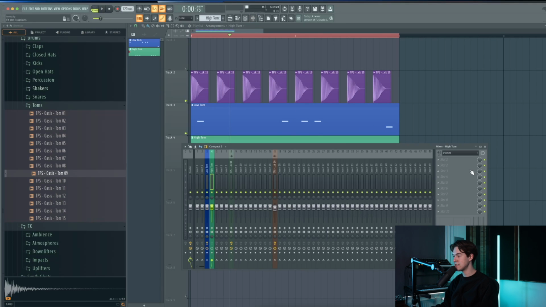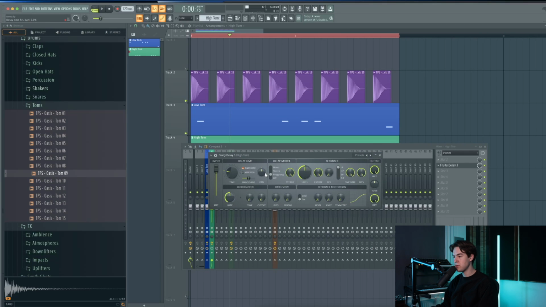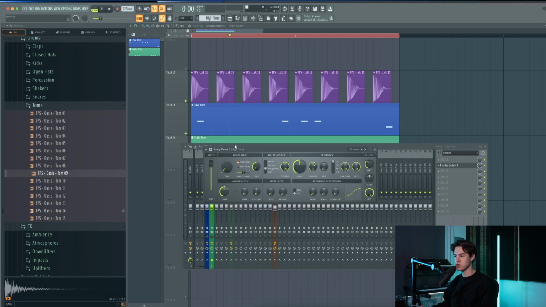And for the high tom, let's add a delay with Fruity Delay 3. Let's set it to ping pong mode, put the pan all the way to the left, decrease the wet level, add a low pass filter, and let's set the time to 1 to create this kind of slap delay, so a really fast delay sound. I will mix it in. This also adds a little bit more stereo,